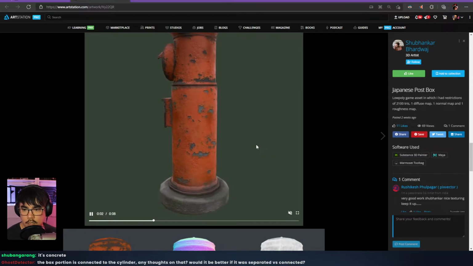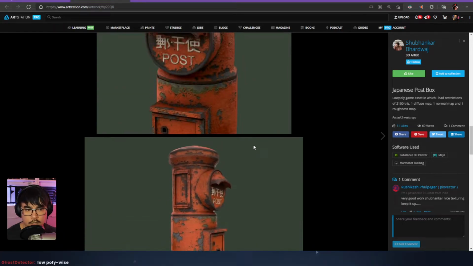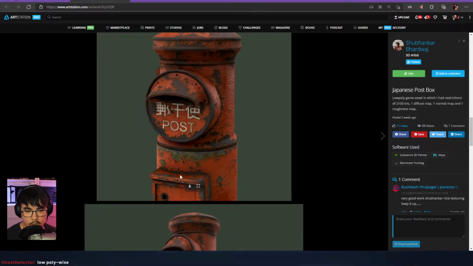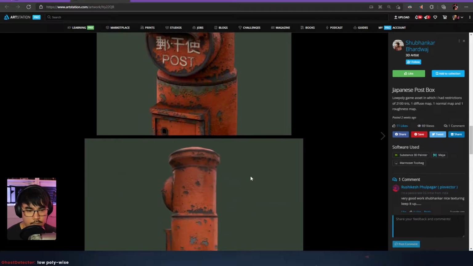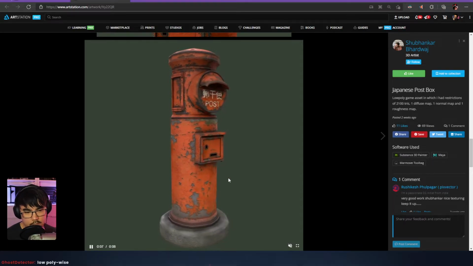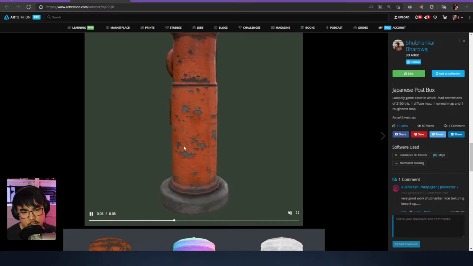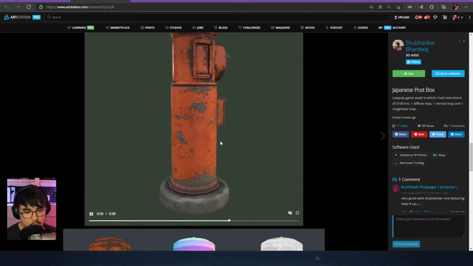The box portion is connected to the cylinder. Any thoughts on that? Would it be better if it was separate or versus connected? Oh, down here? I mean, I think I would connect it for this example. But if it's really small in the scene, you could float it inside, like just push it into it